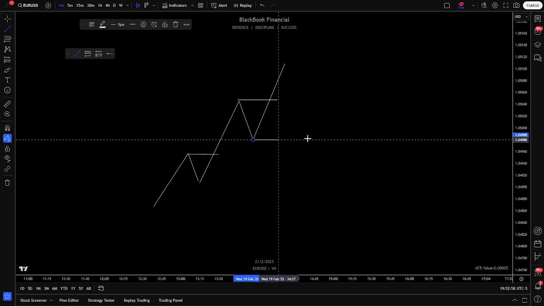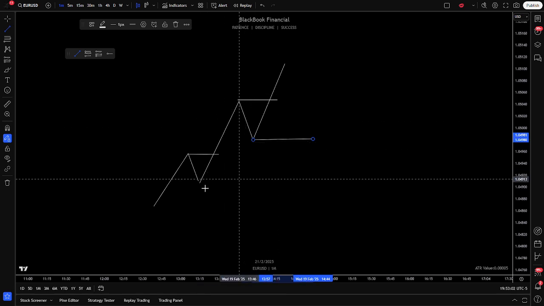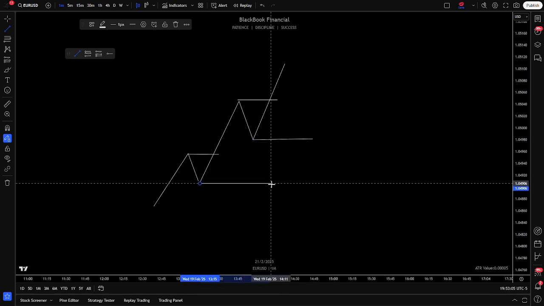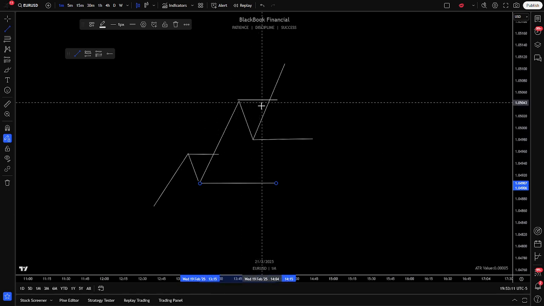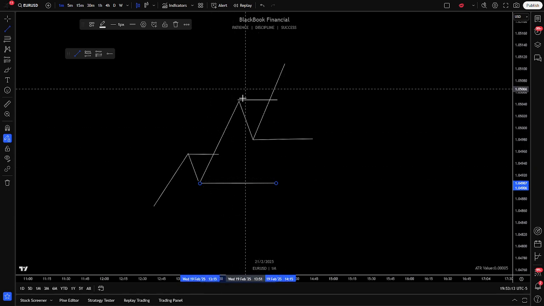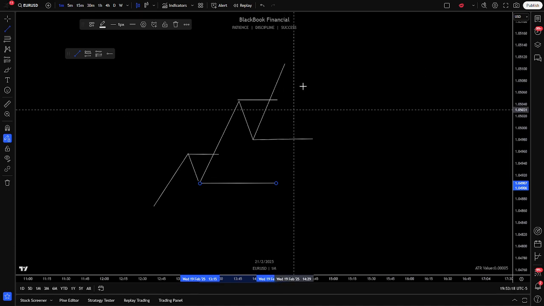These are our swing points. Our higher high, our higher low, these are all our swing points. And this is where liquidity is being generated. Why is that important? How does that come into play with our trading strategy? We can see that the market comes up, pulls back, comes up, and we're expecting another pullback and a push